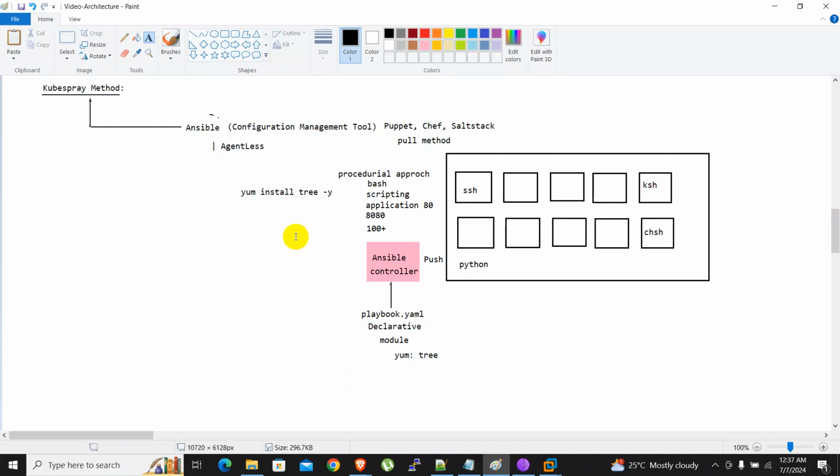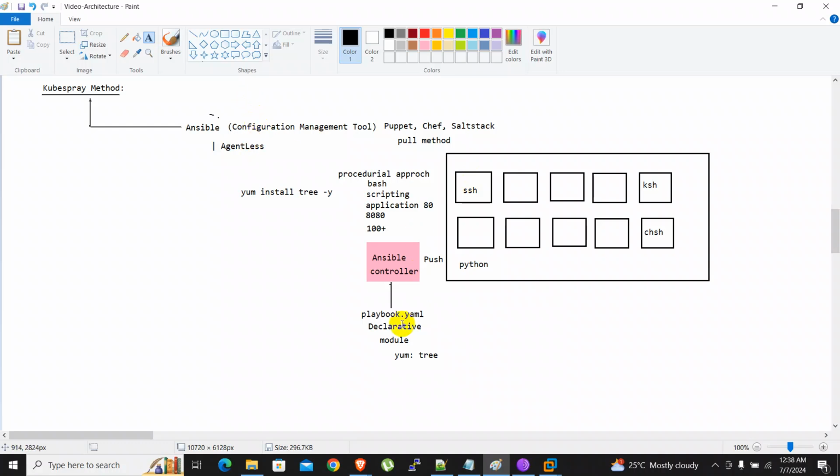So Ansible says you are not supposed to write anything like a procedure. Just declare which module you want to execute on a remote machine, and along with that module, what argument you want to pass, pass that argument. That complete playbook will go to the remote machine through SSH. Python is already installed, module is already declared over here, and it will execute everything on that remote machine with the help of SSH protocol. This is called Ansible. That's why it's agentless,